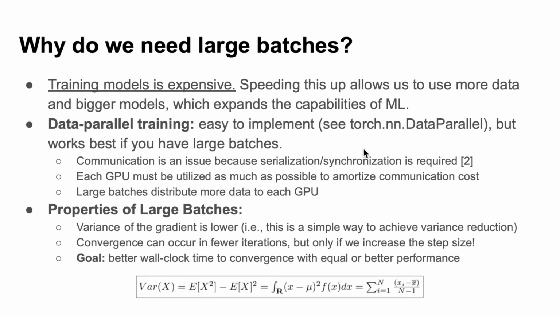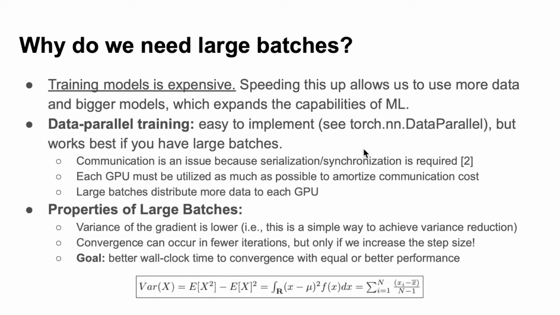So training models in deep learning is obviously expensive, so if we can speed this up in any way, we can train bigger models, expand our capabilities, and so forth. So typically, if we want to speed training up, we need to use some form of distributed training with multiple machines or multiple GPUs, something like this. And there are two ways to distribute training. The first is data parallel training, and the second is model parallel training. Data parallel training is pretty easy to implement. You can see some examples of packages they provide in PyTorch, but it works best if you actually have large